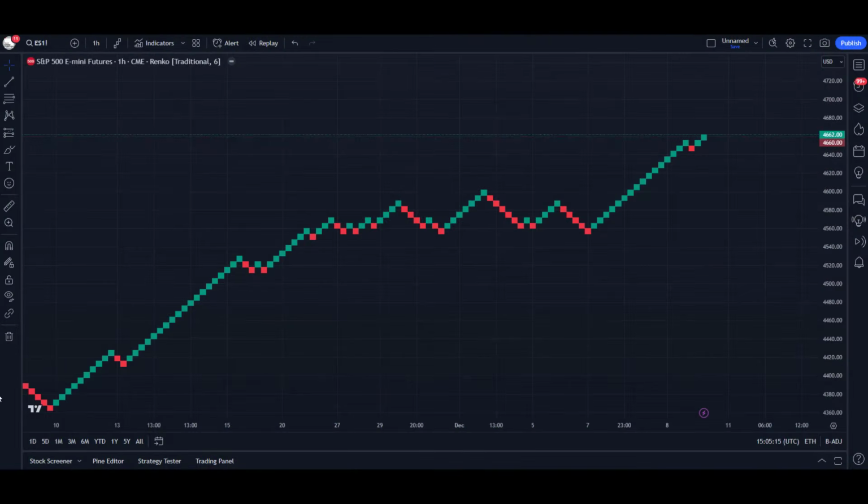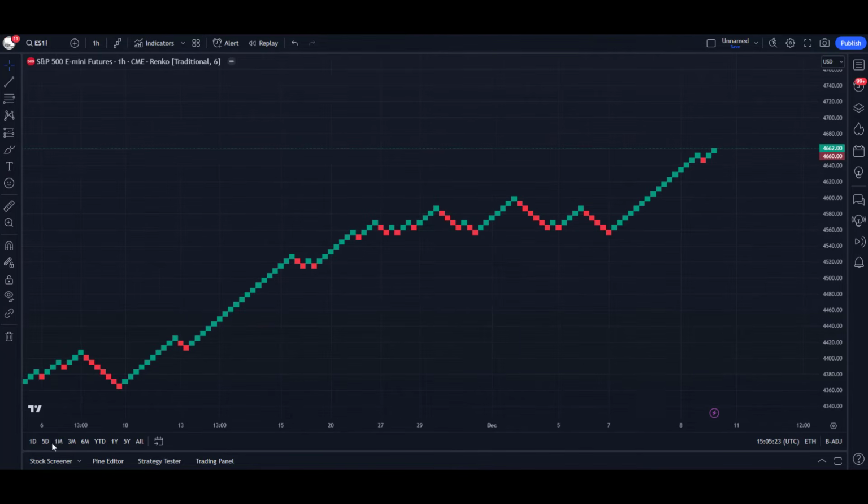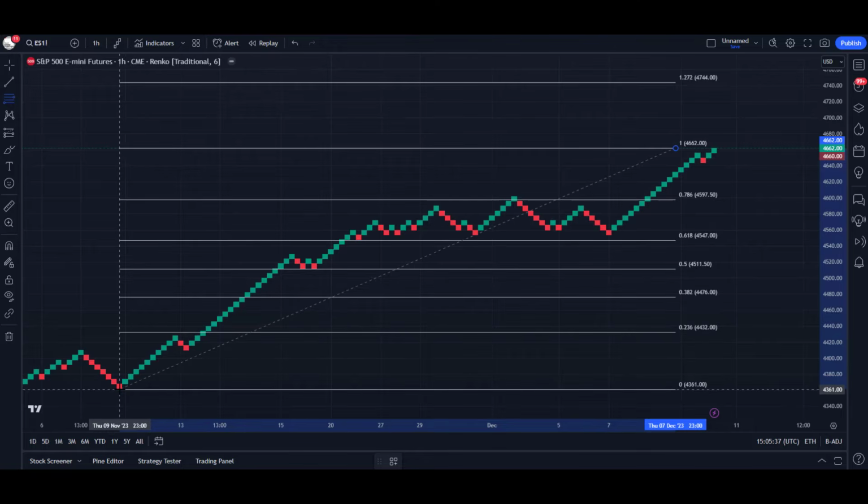Then we have one of the most popular indicators around at the moment, that's the Fibonacci. And again, this is a really powerful tool for Renko, because remember, Renko's getting rid of that noise, so we can see the price action much more clearly, and the support and resistance levels. So let's just take a little example. We've got the S&P, it's been climbing up nicely. Let's put on the